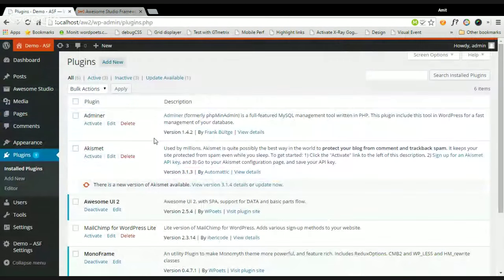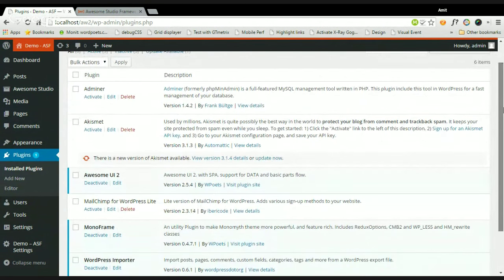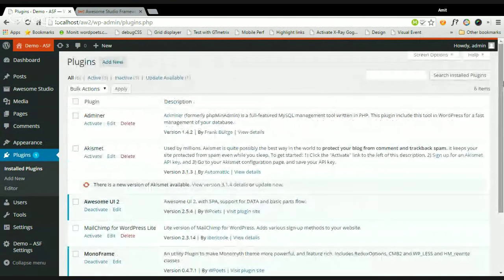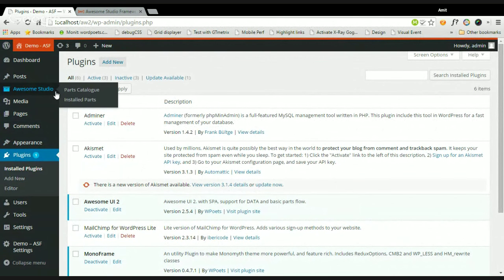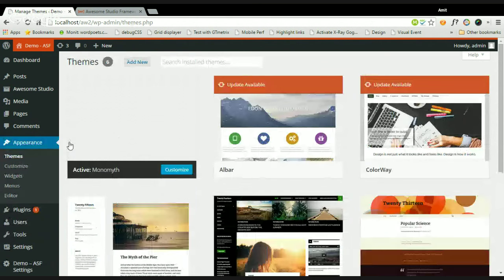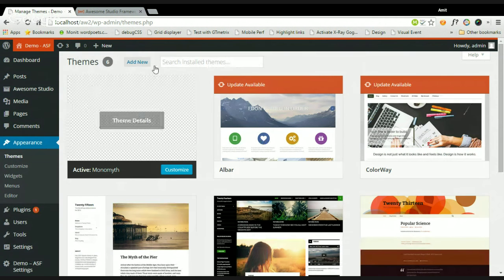So once you have plugins and themes set up, that is the Awesome VR2 plugin and monoframe installed and activated, you will see this, and that's about it. This is all you'll see. And if you have set up the theme and activated it, the next step, once your theme and plugin is set up, is to